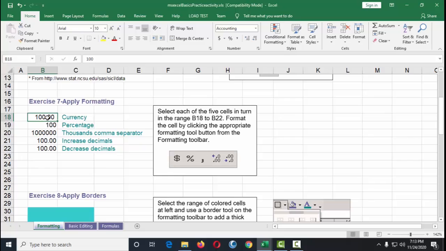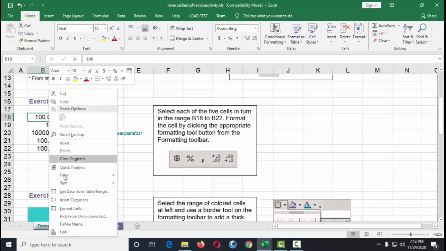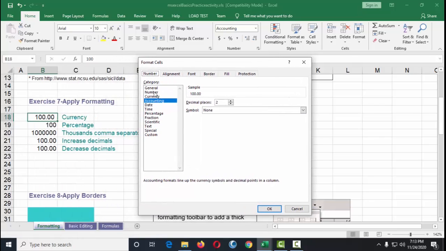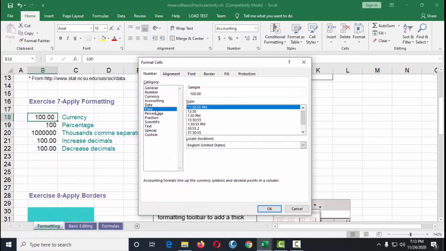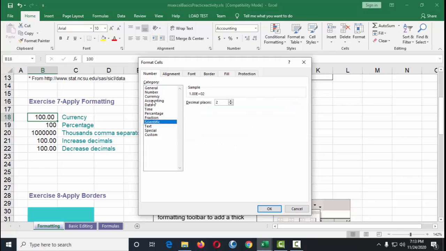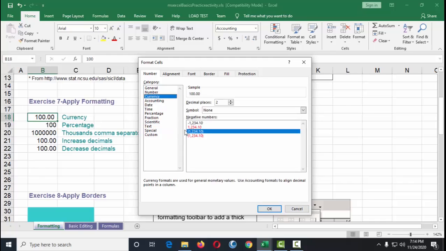Or any other options. Okay, so if you don't see any of this on your screen, you just right click on it, and then format cells, and then you'll find the other options here. Okay, so you can try them and experiment on how it works. Let me try first the other instructions.